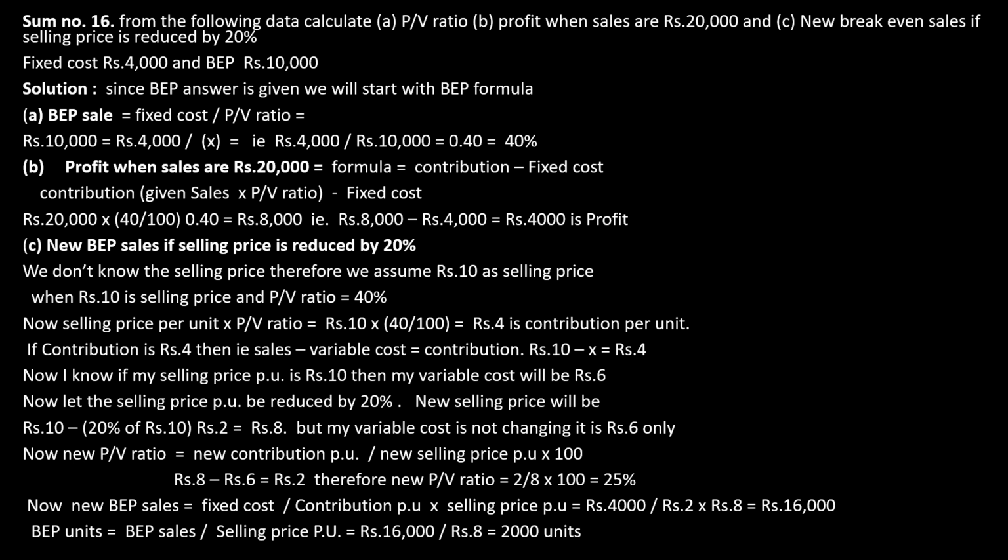Once I have the new PV ratio, I can find the new BEP sales. Fixed cost 4,000 divided by contribution per unit, 2 rupees, into selling price per unit, 8 rupees. Therefore 4,000 divided by 2 rupees into 8 rupees will give me 16,000 rupees. That will be my new BEP sales. So the new BEP units will be 16,000 rupees divided by 8 rupees, which gives me 2,000 units. That will be my new BEP units. Any doubts? That will be fine, I believe. It is clear. Now we'll continue in the next